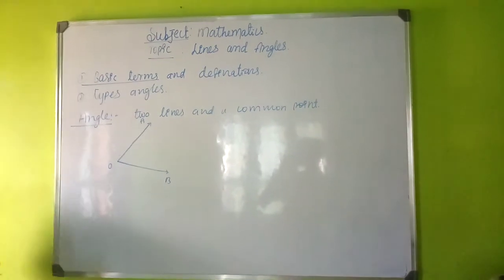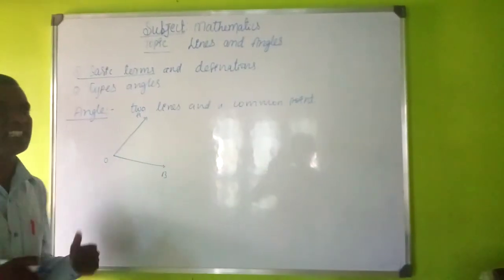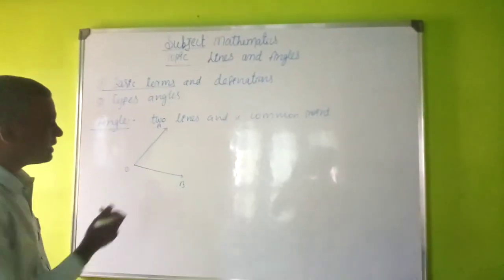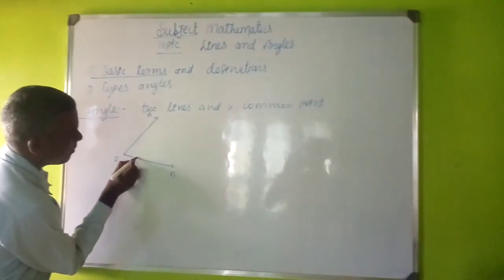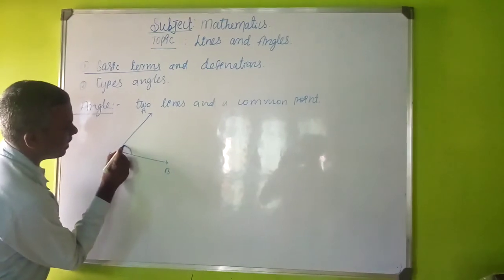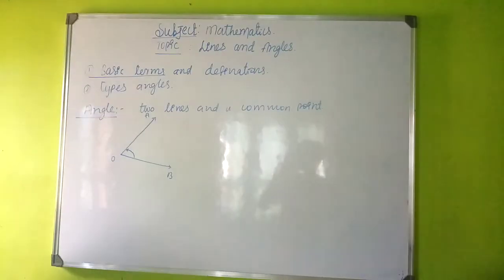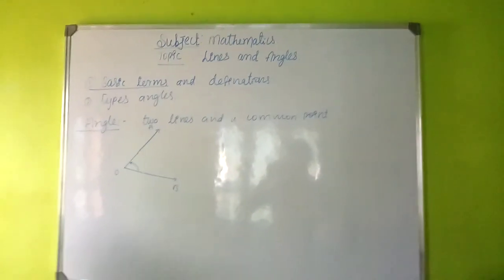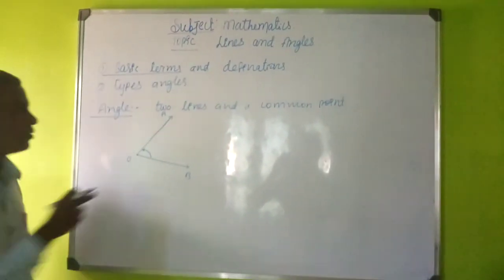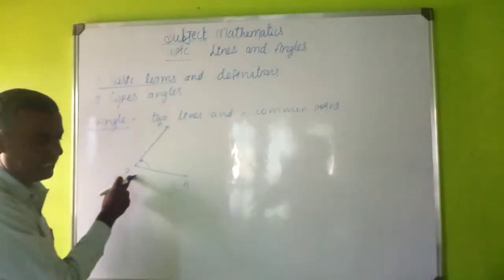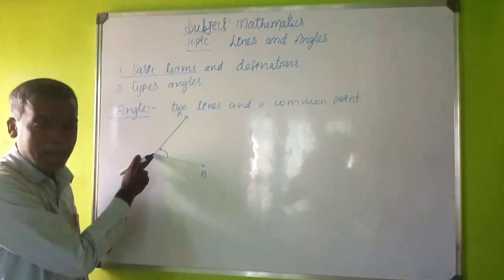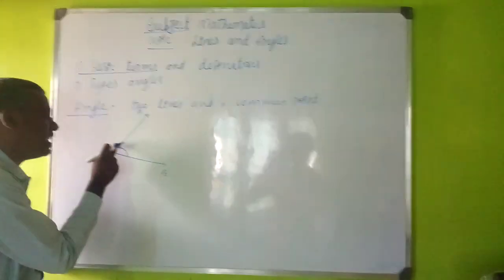Basically, an angle is two lines and a common point, but it is the amount of rotation, or measurement, between the two lines. Understood? Yes friends. AO is one line, BO is another line which meet at a common point O, but the amount of rotation between these